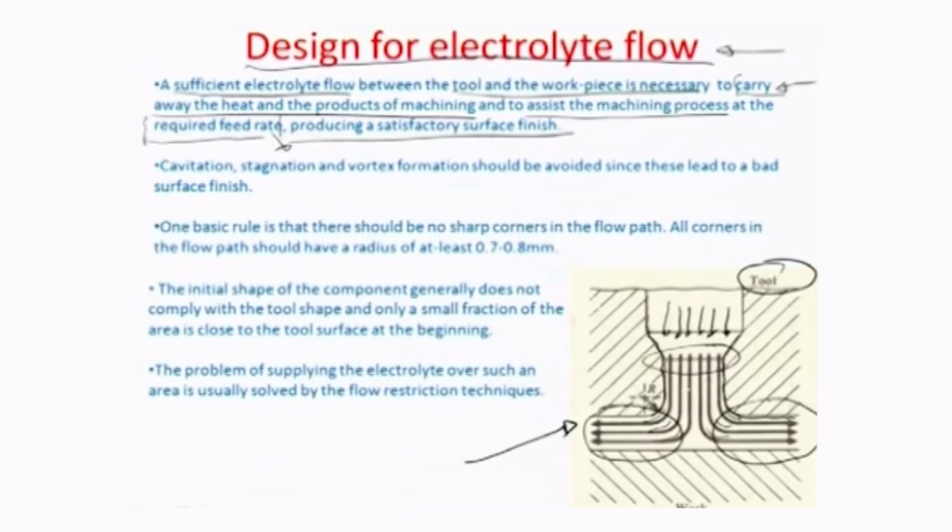But however, when you are talking about the flow of electrolyte, particularly past the surface which it is machining, there are of course additional problems that the flow imposes. One is cavitation, stagnation, and vortex formation. So, cavitation happens because of bubbles. As you know that this